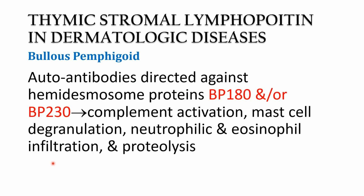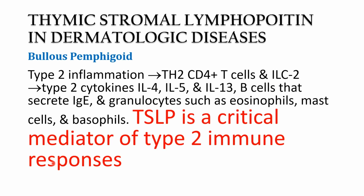Subepidermal blister formation in Bullous Pemphigoid involves autoantibodies directed against hemidesmosome proteins, Bullous Pemphigoid 180 and Bullous Pemphigoid 230, leading to complement activation, mast cell degranulation, neutrophilic and eosinophilic infiltration, and proteolysis at the dermo-epidermal junction. Also, type 2 inflammation includes T helper 2 CD4 T cells and the group 2 innate lymphoid cells, which will produce type 2 cytokines interleukin 4, 5, and 13, and B cells that secrete IgE, and the granulocytes such as